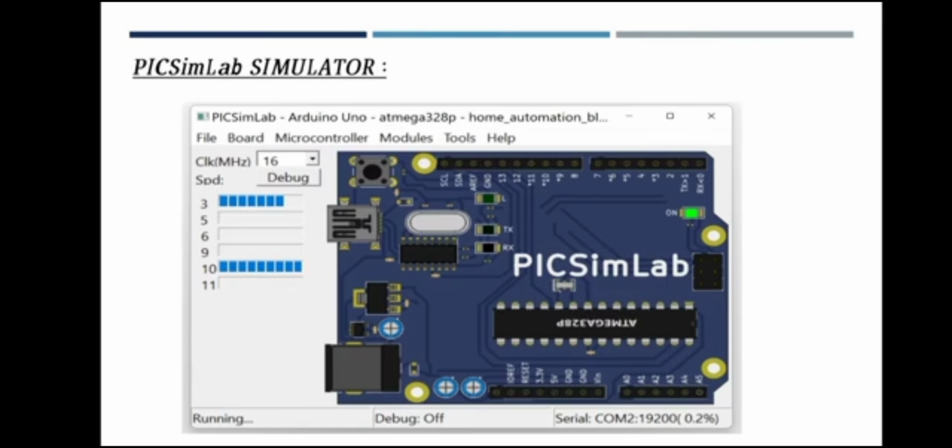It is the hardware, the Arduino Uno hardware board. It has pin configuration. Arduino IDE software tool.